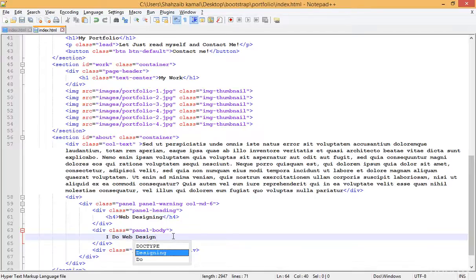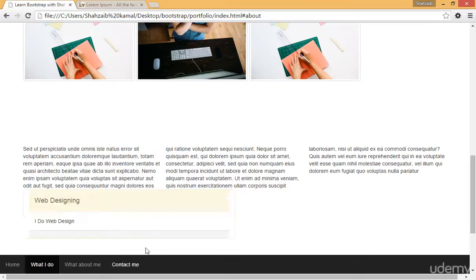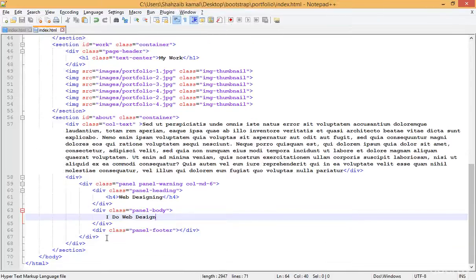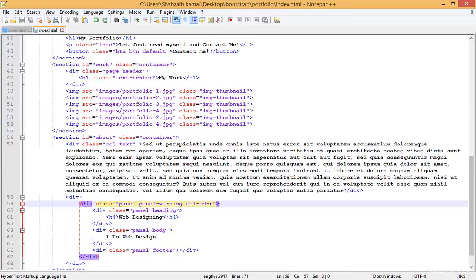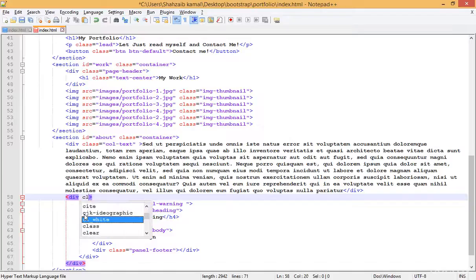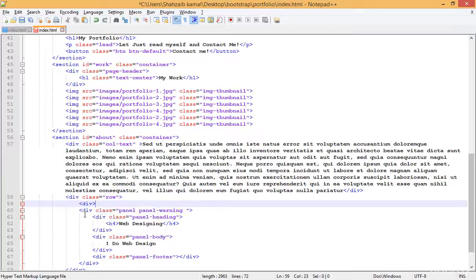You can type anything here, whatever you prefer. Now you can see that web designing and I do web design. And then, one thing more I'm doing is cutting this col and pasting. First of all, I'm creating a row here, and inside this row I just made, I apply the col class,